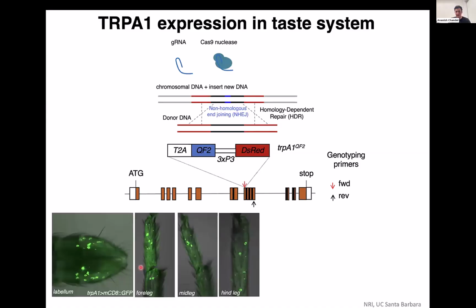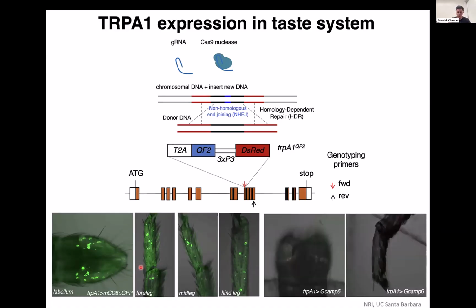And we performed immunostaining, and we detected TRPA1 labeled neurons in both the labellum as well as the foreleg, midleg, and hind leg. So TRPA1 is expressed in all the sensory structures that are involved in chemosensory behavior. Next, we use the same line to